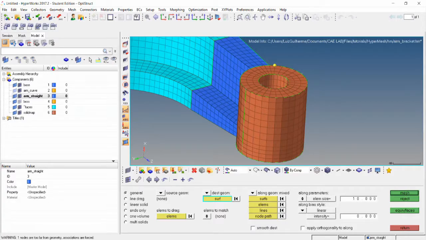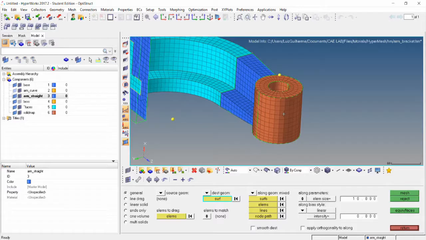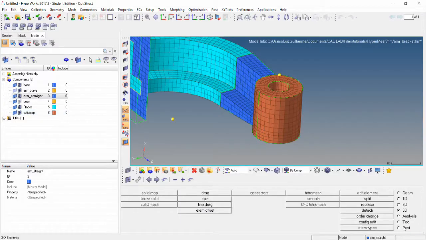And as we have forgotten to set the boss as the current component, HyperMesh has created another component in which to set the elements that we have created, but we can